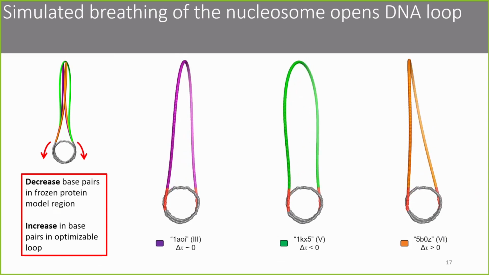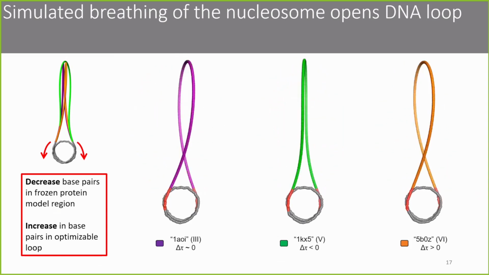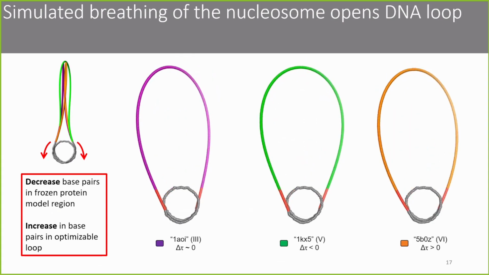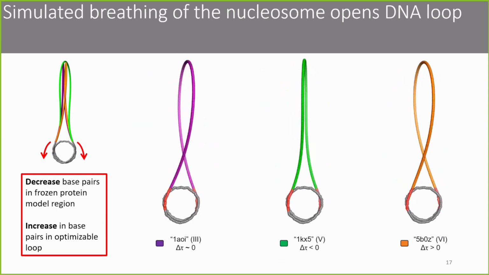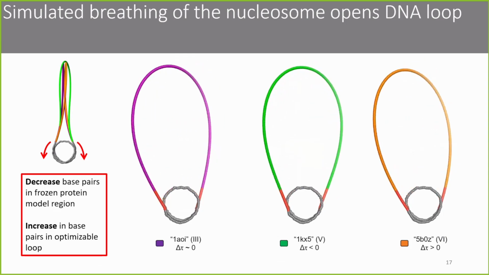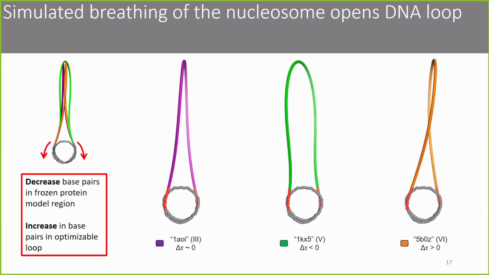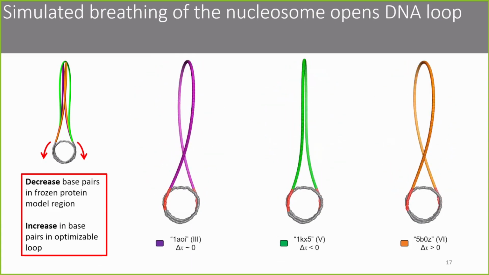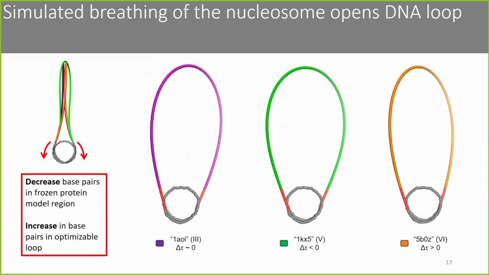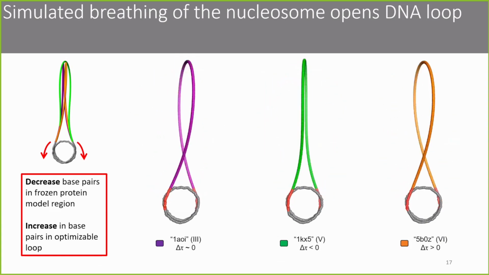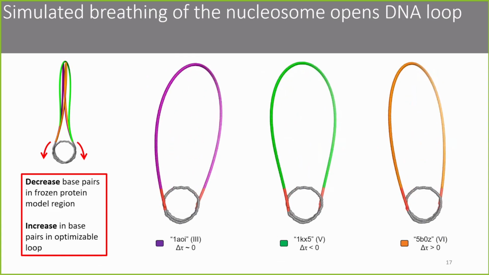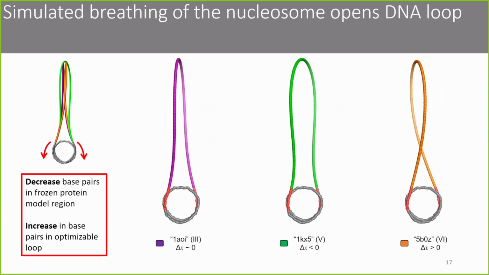What you can see as we loop over these videos, you'll see a series of optimizations where we incrementally peel off the base pairs from the frozen 141 base pair tracks, allowing them to optimize with the free loop. These videos show optimized structures during the symmetric peeling of 3 selected mini-chromosomes. As the breathing continues along the gyres, loops turn from a relatively closed to open position, reducing gamma to about